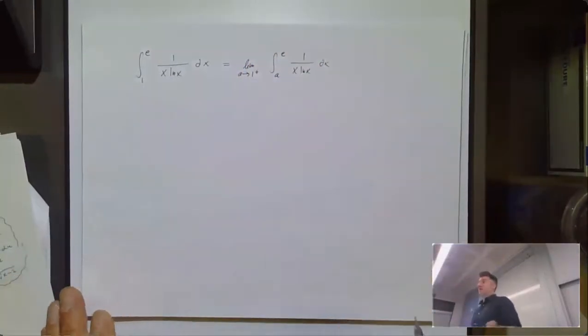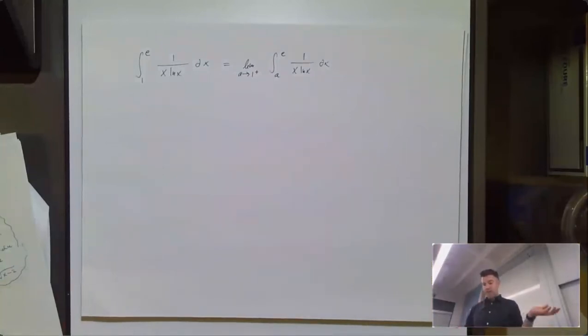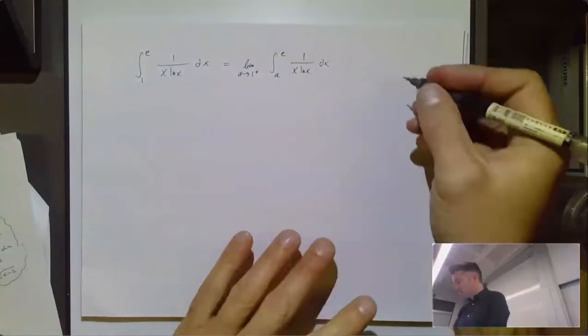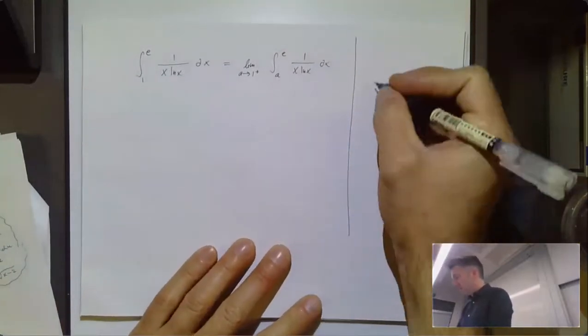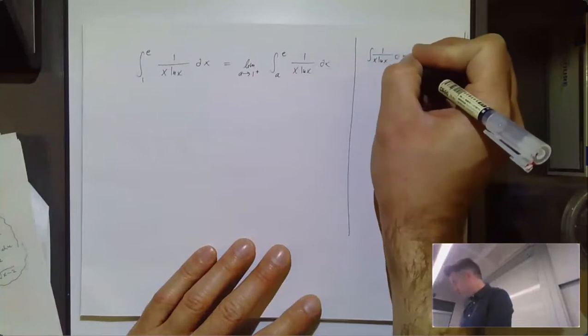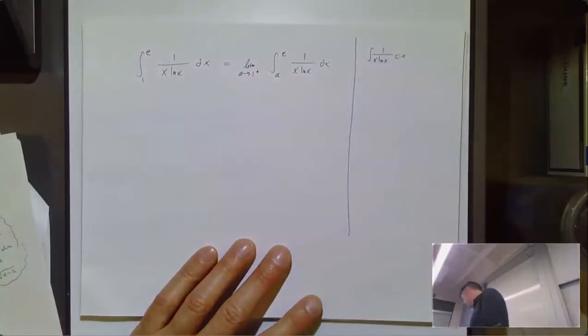Now, this integral is going to be a little more complicated than our previous ones, right? We're going to have to use substitution. So what I would probably do is off on the side, I don't want to write the limit and the limits of integration every time. So I'm going to do my indefinite integral over here. So the integral of 1 over x natural log of x is going to be,